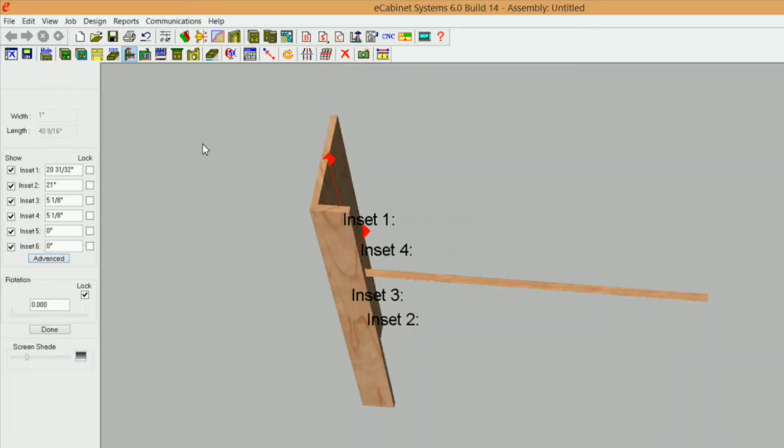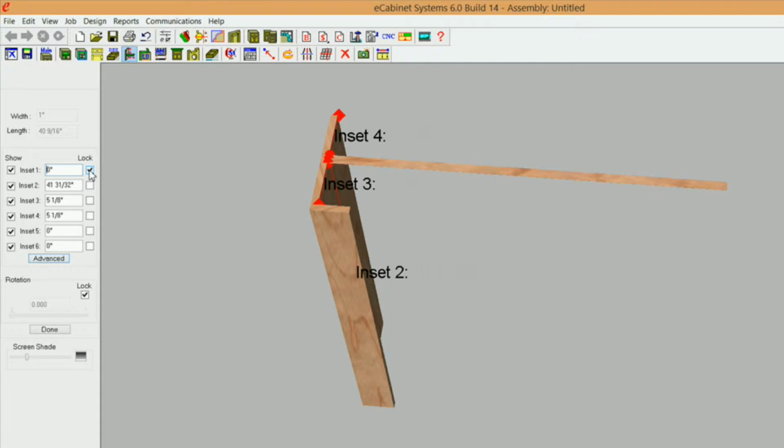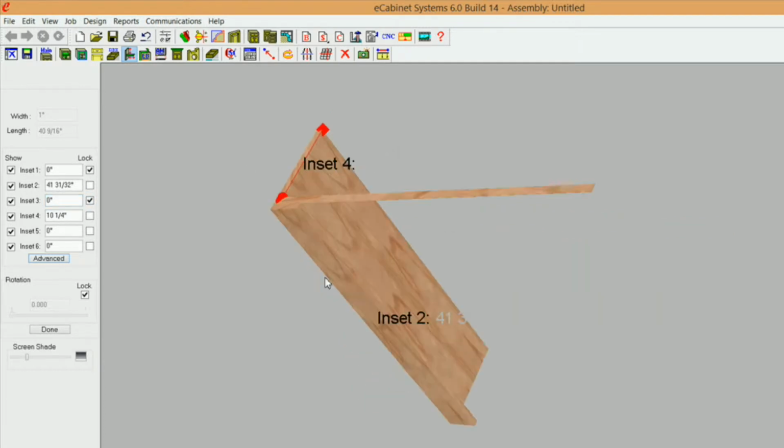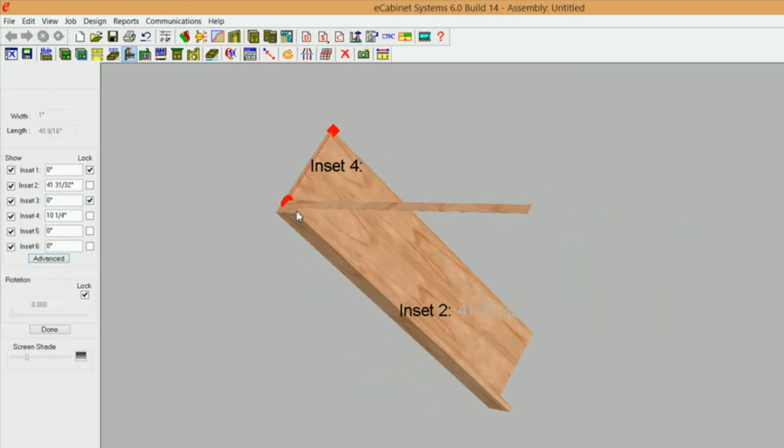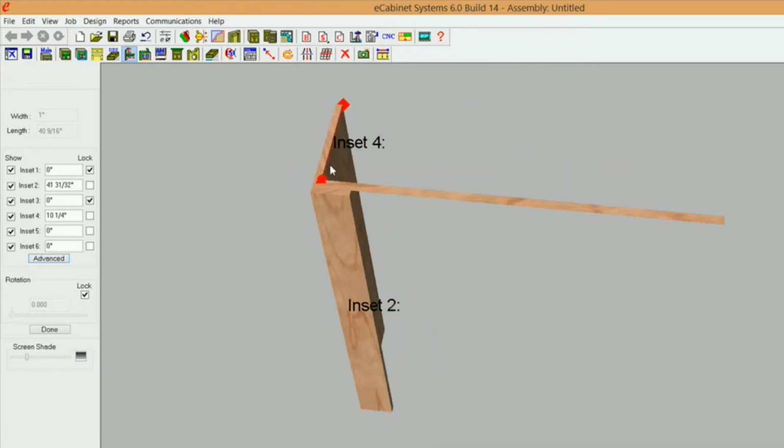I'm going to click OK, and I'm going to change my top inset 1 to 0 and lock it, and my inset 3 I'm going to put at 0 and lock it. So now this dummy stretcher here is going to move if this style moves up and down, and it'll also move when the cabinet resizes. In other words, if this left end moves that way or that way, it's going to resize itself with it. So I'm going to click done,